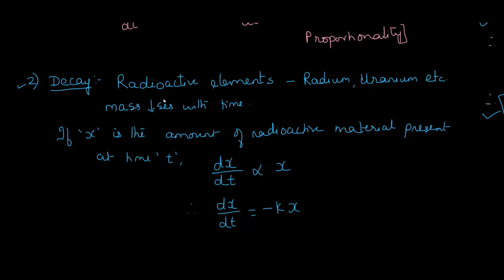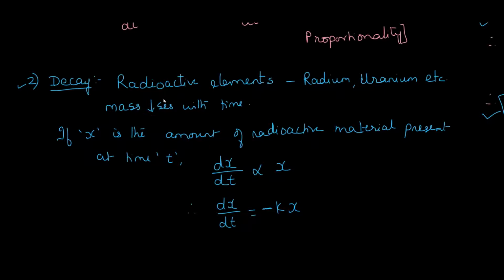So pay attention to the minus sign. k is the constant of proportionality, k is not equal to 0. Now the negative sign appears because x decreases as time goes by. As more and more time passes, x becomes less and less. So that is why it is called disintegration, and it is called depreciation also. So dx upon dt is equal to minus kx we have.